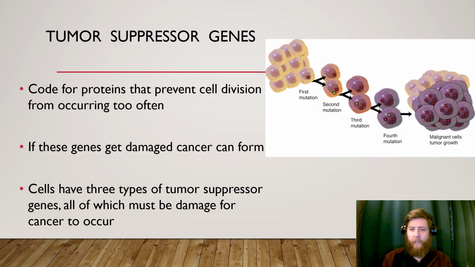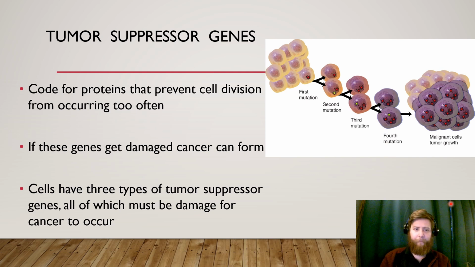Now, normally your body has what we call tumor suppressor genes. These are proteins that prevent cell division from occurring too often. They put a waiting period on these cells to say, hey, you can't just keep making more of yourselves. You've got to grow up, you've got to do your job, and then you can make more of yourselves. But if this gets damaged, again, this cell here, now all of a sudden we have these cancerous cells that